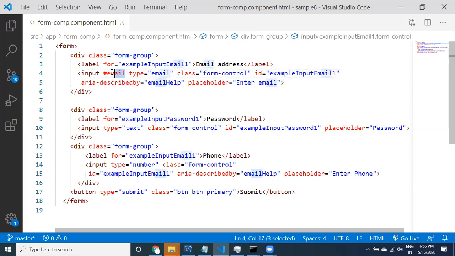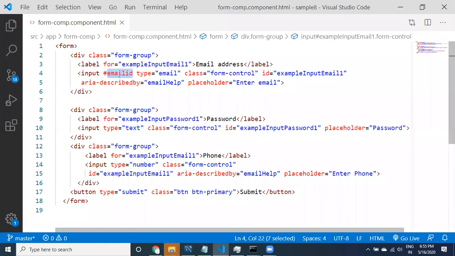This variable is related to Angular, so it will be useful in the Angular code, in the expressions or wherever you want, you can provide it. First I'm going to show you what is hash email. You can take email ID, it can be anything, guys. Whatever you want, you can take it. The variable name can be anything, but prepend it with hash, and then this is a variable.